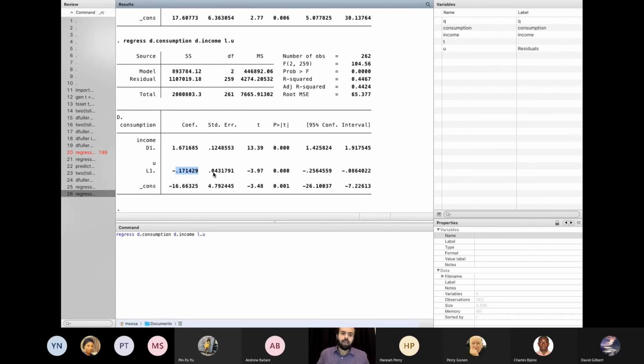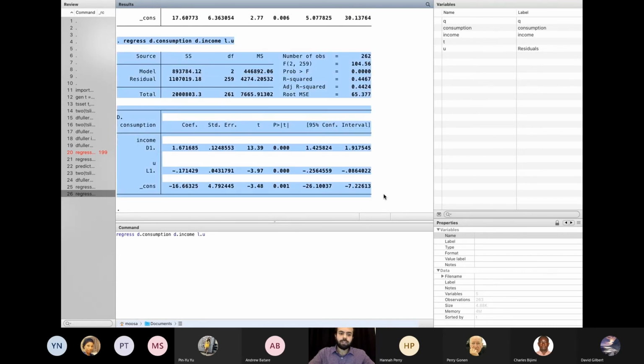What happens is that if there is an error in consumption and consumption is below the equilibrium, then that is captured in the error term. But the error correcting term will bring consumption back towards the equilibrium at the speed of 17% per se. So we can model using the error correction model,